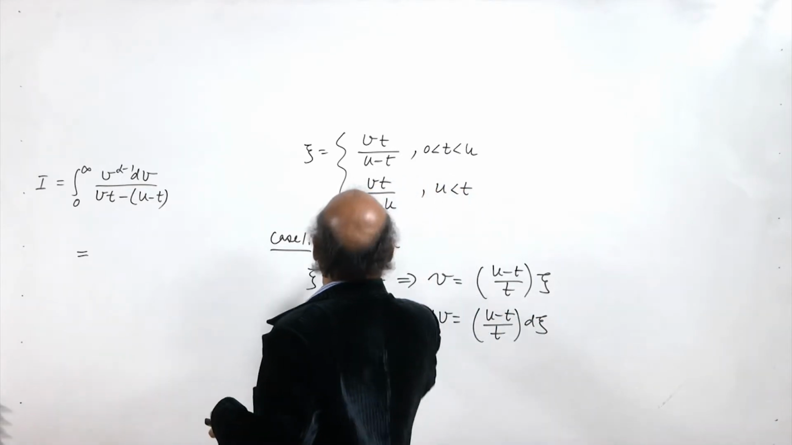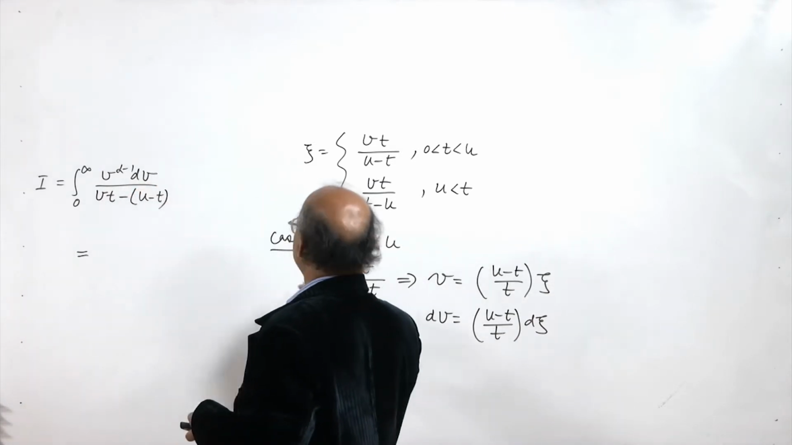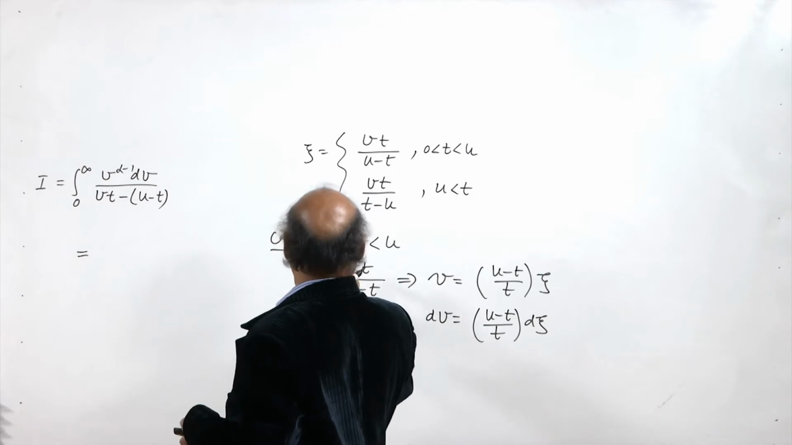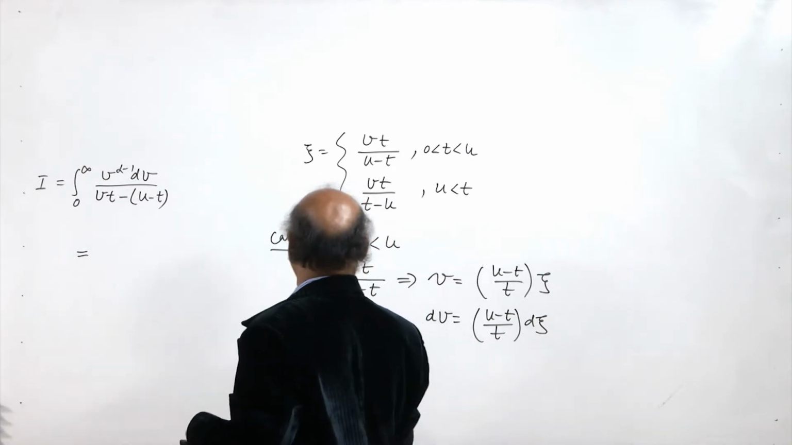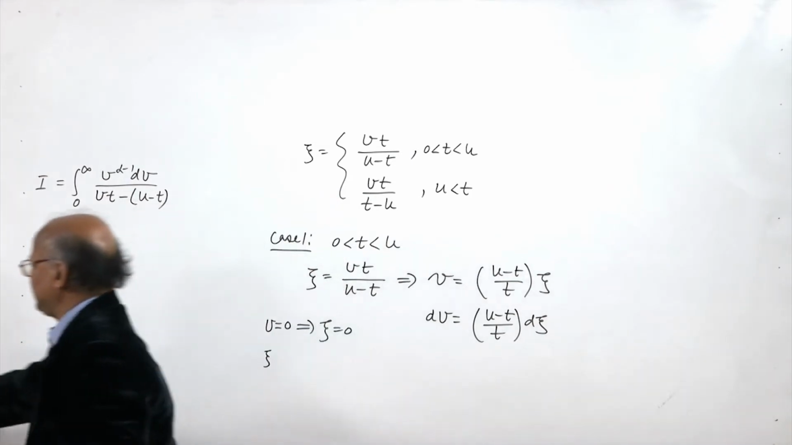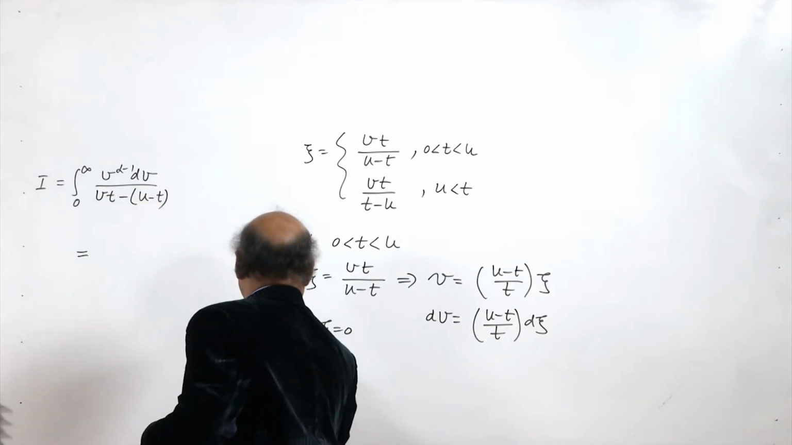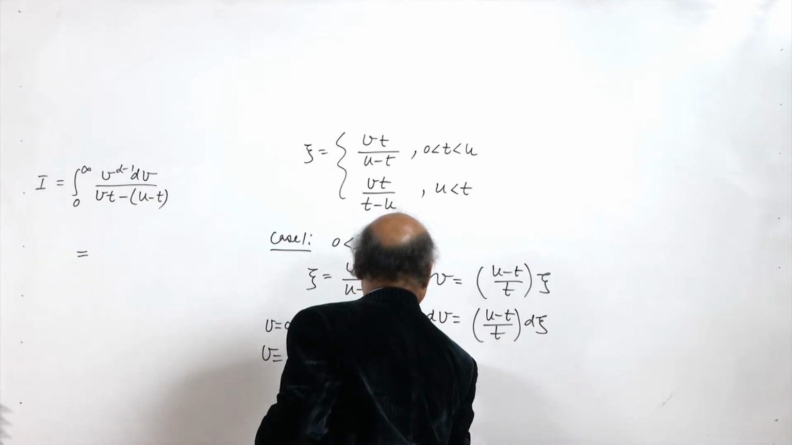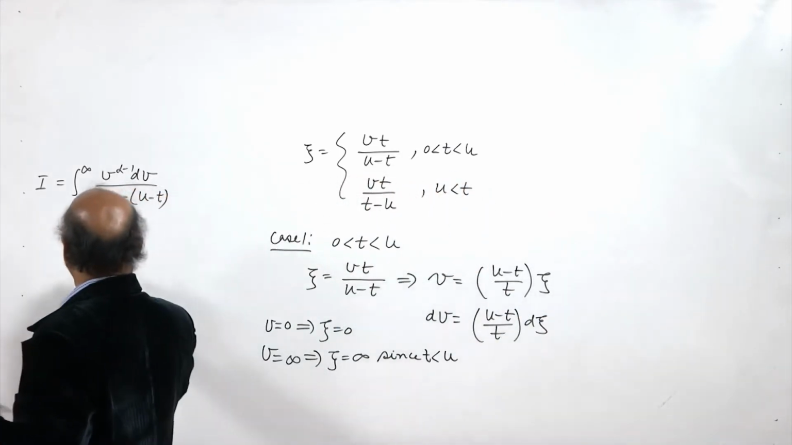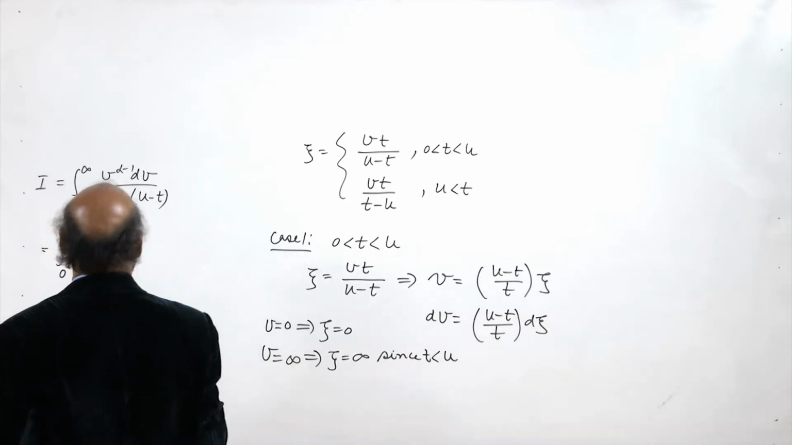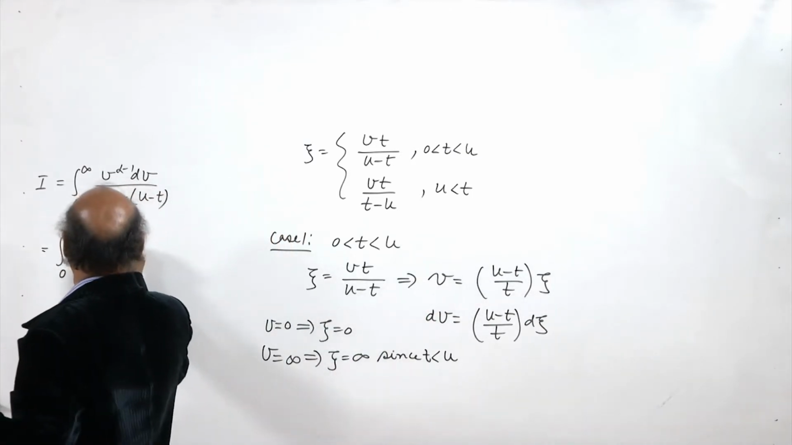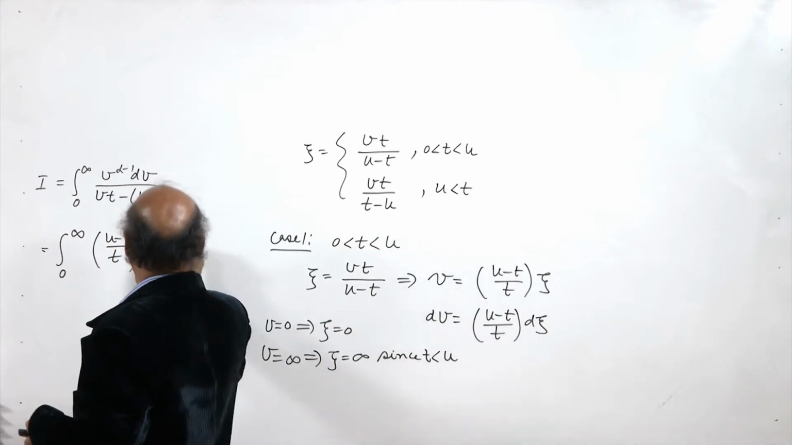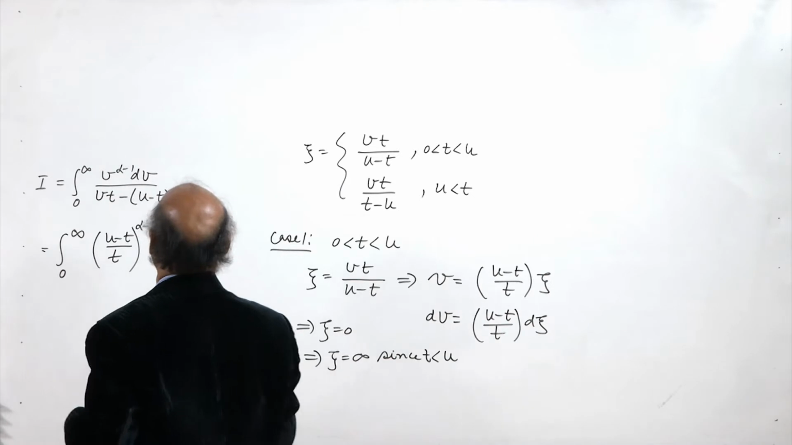Further, now here what happens when b is equal to 0, xi is equal to 0, when b is equal to infinity, xi will be infinity because t is less than u. So the limits of integration will remain 0 to infinity, and what we get: b equal to u minus t by t. So (u minus t divided by t) raised to the power alpha minus 1, db will be u minus t over t d xi